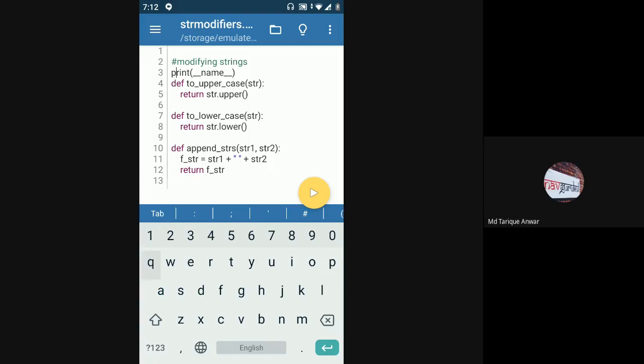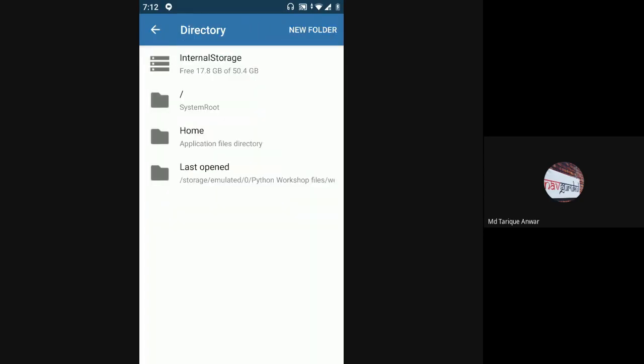So again, you have this str modifiers file, which is a module which I'm using in a separate file. So let's open that file as well. Yeah, in this test file.